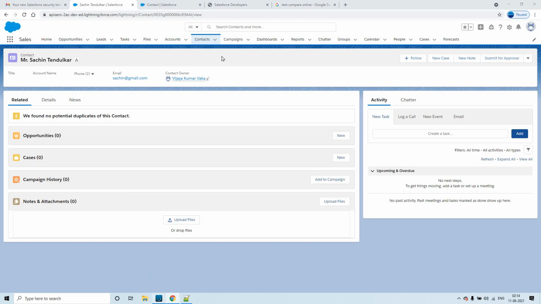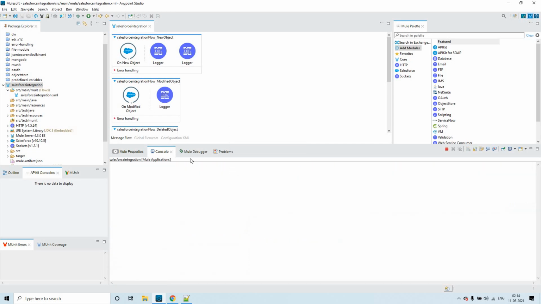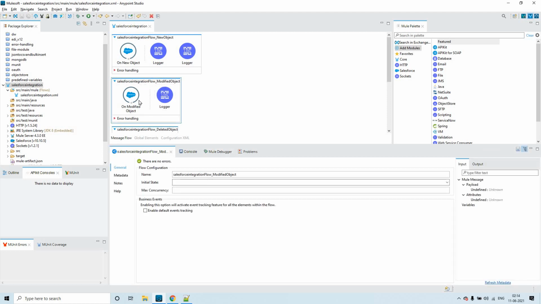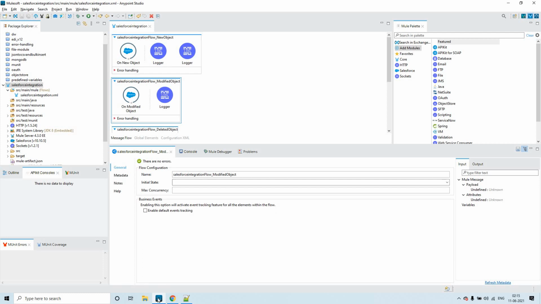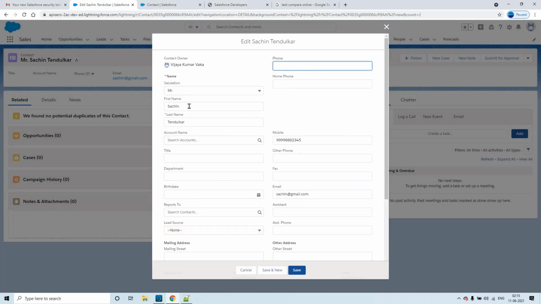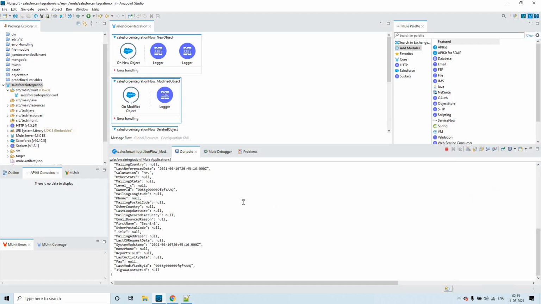That is the reason I have disabled this, so that the number of requests to the Salesforce will be less, and also from this particular flow itself. We have a restriction actually, so that's why I'm disabling the other flows. Now I'll be doing some update to this particular entry. Let me change these things, I'll keep something like this. Click on save. Now you see we have updated this object, right?